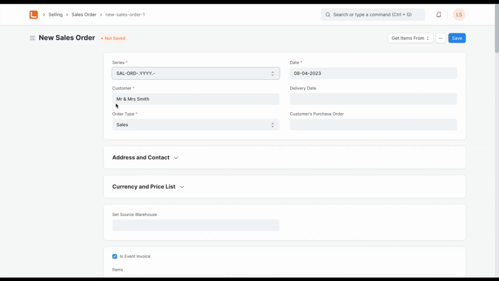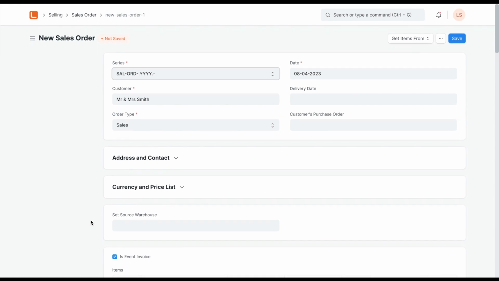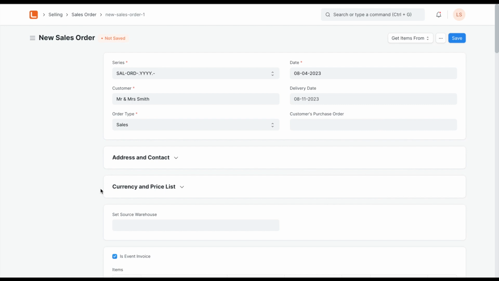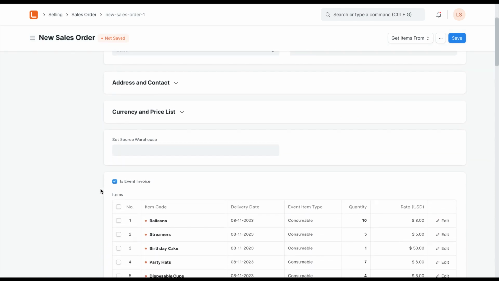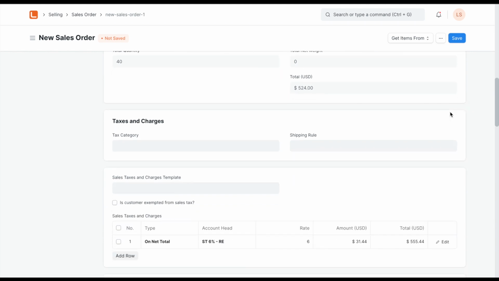It brings everything here for us, and we can just put the delivery date here. The client says the event is going to be on the 11th, and it has put all the dates here for us. Now let's look at other things here, like taxes and